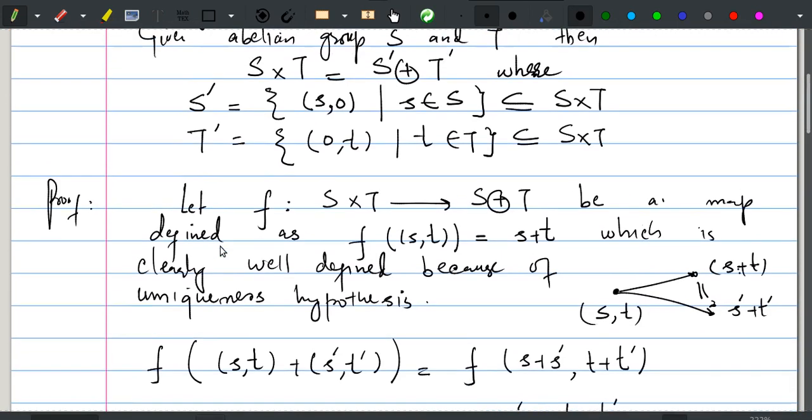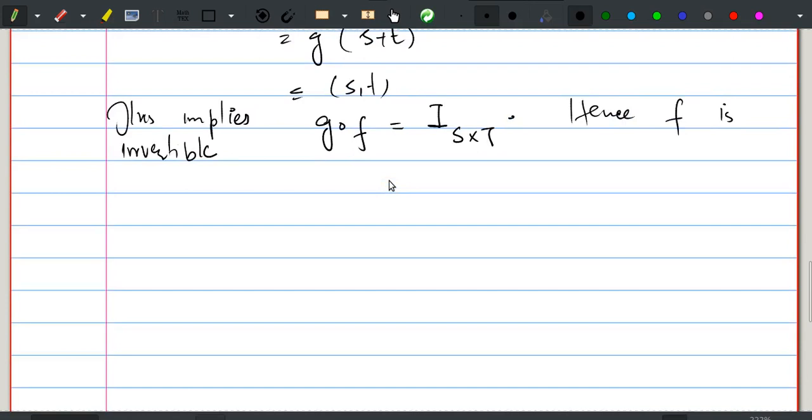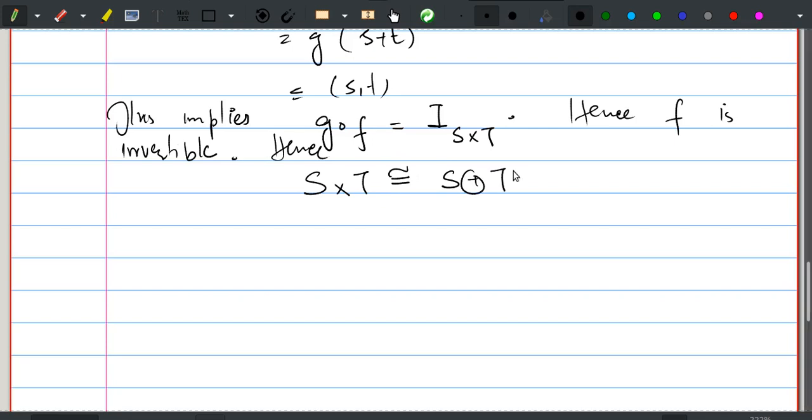Note that this F is the function from S cross T to S direct sum T, which turns out to be the homomorphism as well as bijective. This implies that S cross T is isomorphic to their internal direct sum. Now to prove the second,